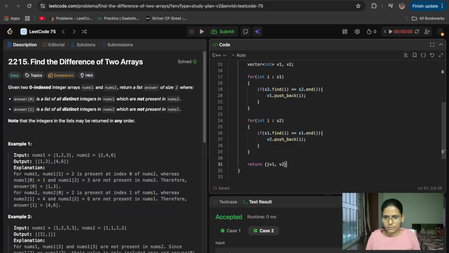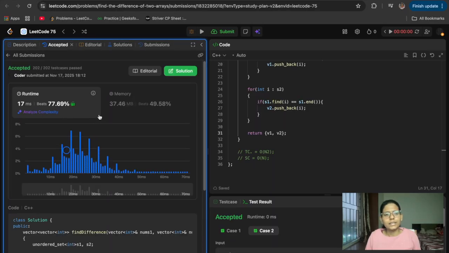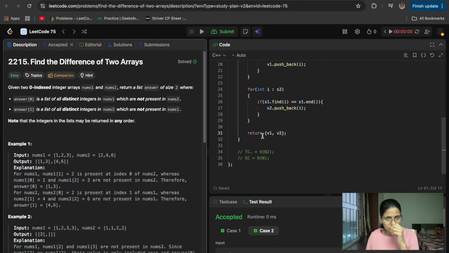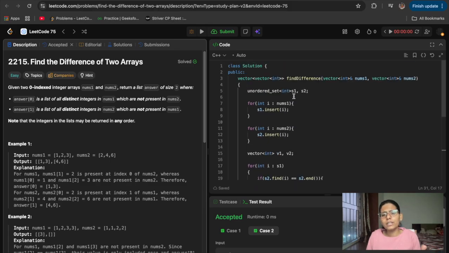Okay, so for this question, if I submit it, it's accepted. For this solution, the time complexity will be big O of n, because we are storing in an unordered set.